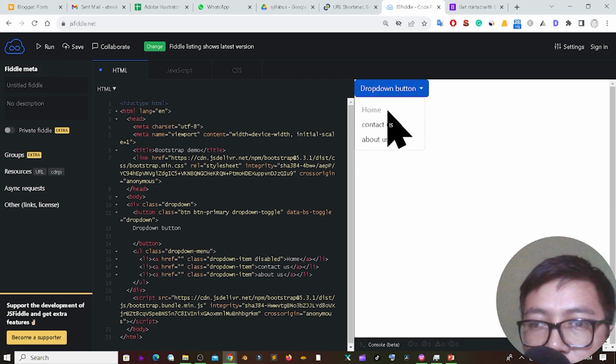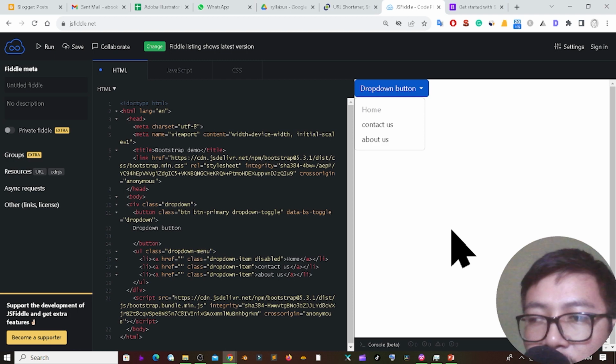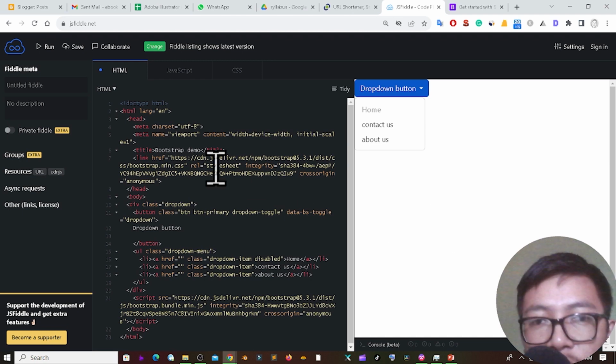So if I click here, now we can say the first menu item is disabled. Okay, so you can easily create this one, and you can set the dropdown position also. You can create a dropend or dropstart menu by adding the dropend or dropstart class. For that one, if I use here drop